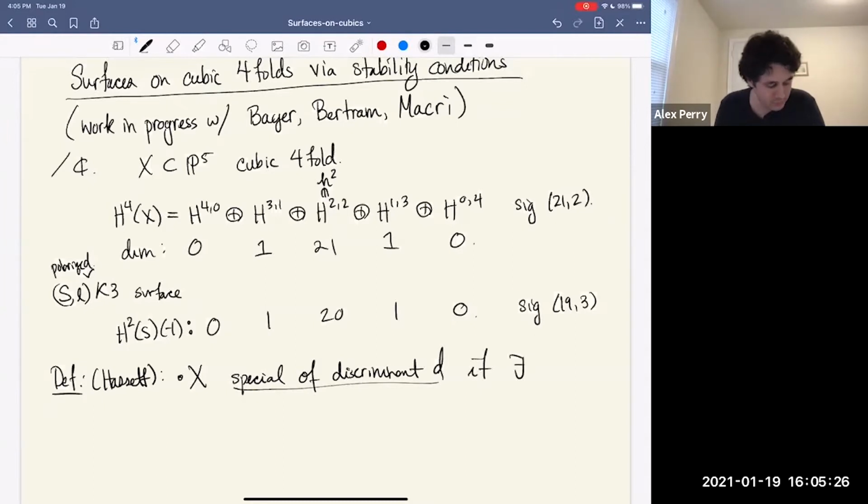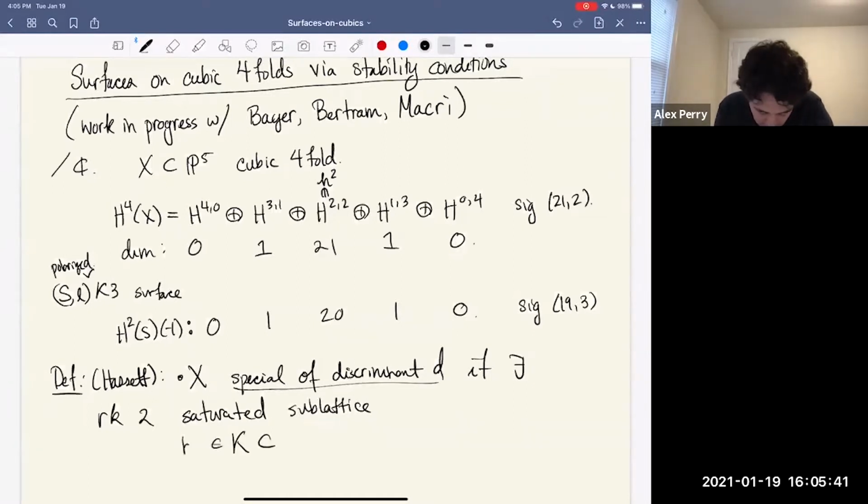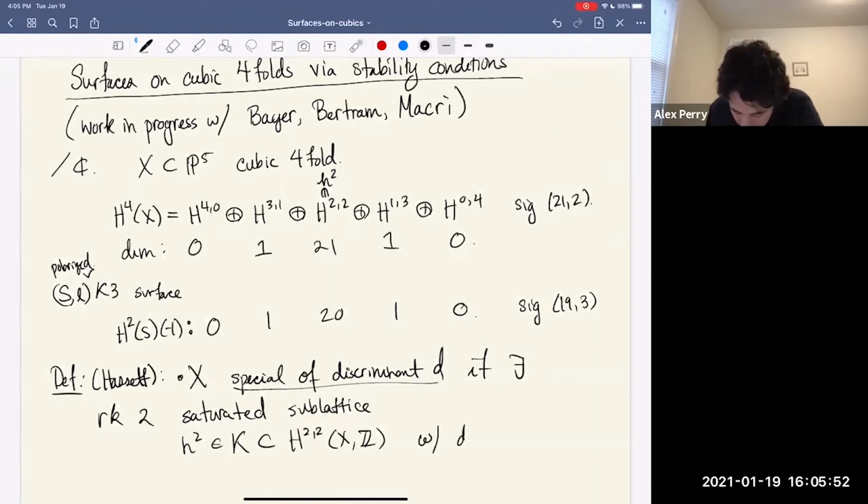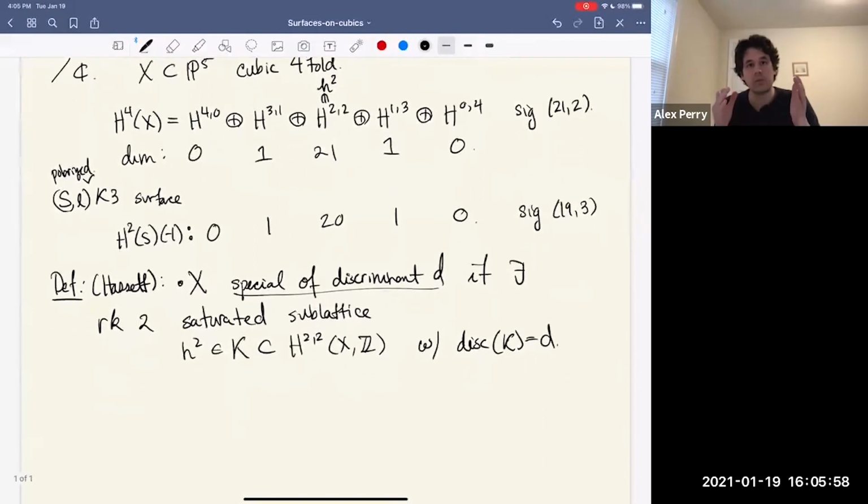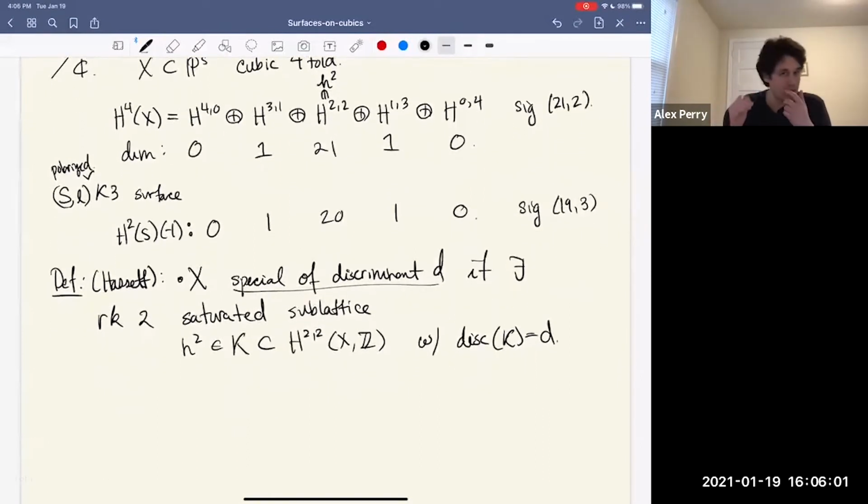If there exists a rank 2 saturated sublattice, which I'll call K. And I want this K to contain the class H squared, and I want it to be contained in the H^{2,2} part. So I want it to be contained in the group of integral (2,2) Hodge classes on the cubic, and I want the discriminant of this lattice to be D. So that's what you want on a cubic fourfold, to have one of these natural rank 2 lattices. And then we can consider the following definition,